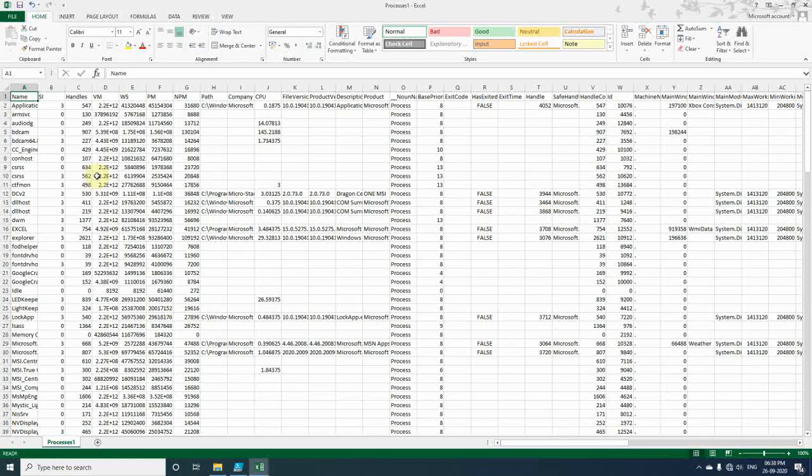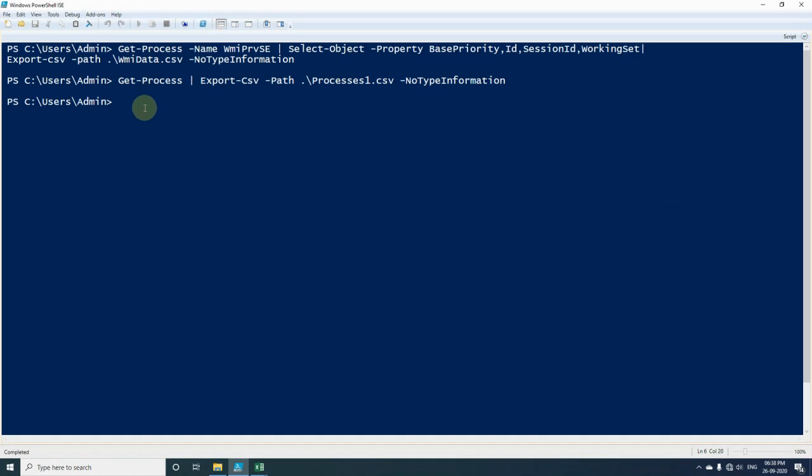If you open this one, you will see that when we don't specify the property, it will select all the properties for this object and everything will be written to the file.